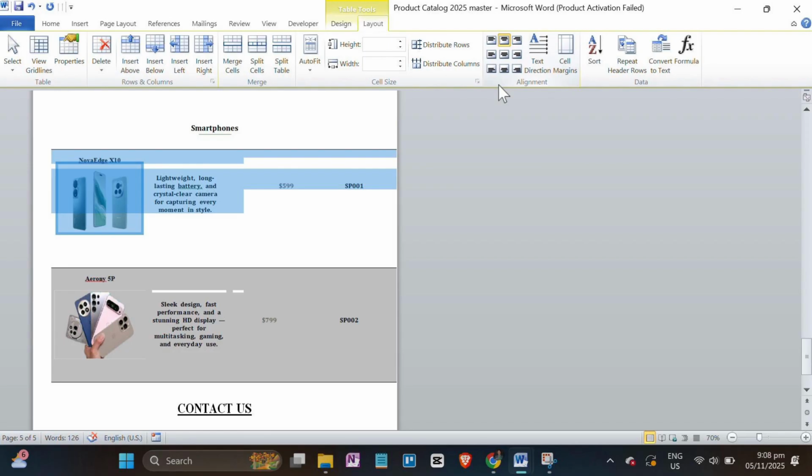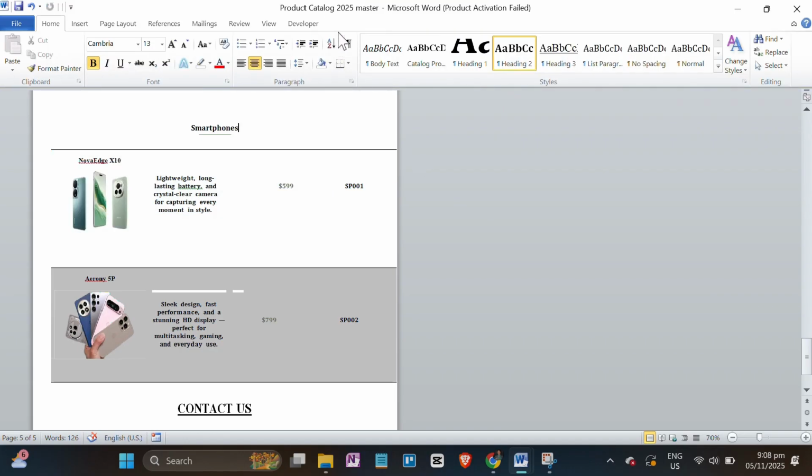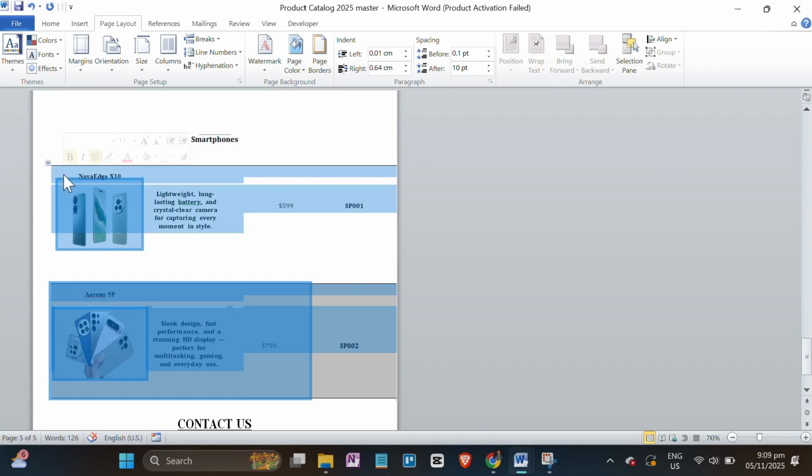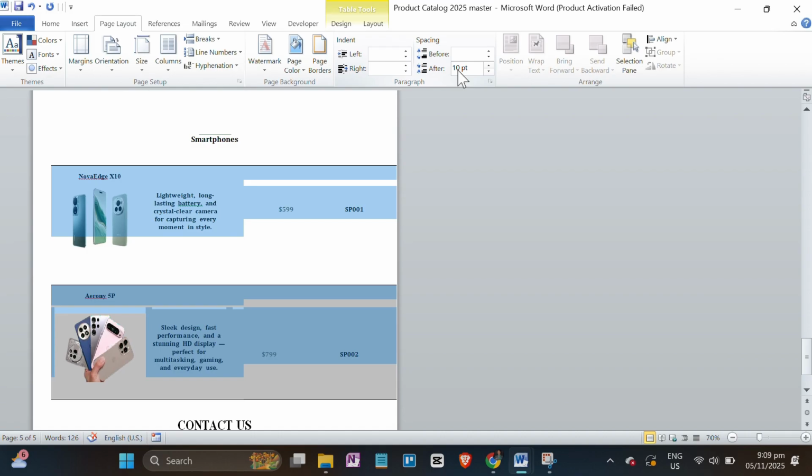To give your sections a little breathing room, add some space between tables or paragraphs. This small tweak can make a huge difference in how clean and professional your catalog looks. Simply highlight the table or text. Head over to Page Layout, Spacing After, and bump it up to around 6 point or 10 point, just enough